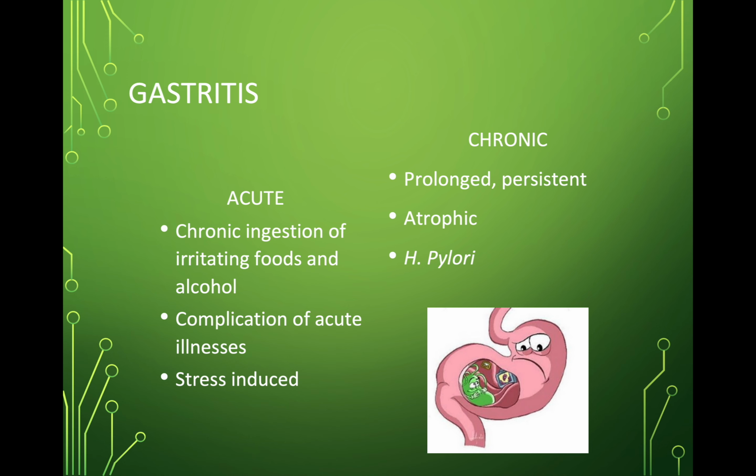And of course, just stress. When we think about that idea of patients in the hospital, mentally being stressed, physically being stressed, it puts these patients at risk for not just irritation, but ulcers. And so you'll find that most, if not all, of your patients in the acute care setting will be on some kind of proton pump inhibitor like Protonix, and we'll talk a little bit